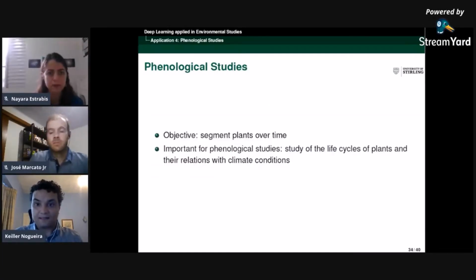This is the last application I'm going to talk about here. It's more related to phenological studies. The objective here is to segment plants over time. This is really important because we want to understand the life cycle of the plants and their relation with the climate conditions so we can understand what's happening. I'll give you an example of why this is so important. For example, if a plant is changing its life cycle,